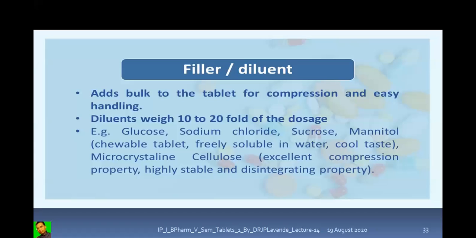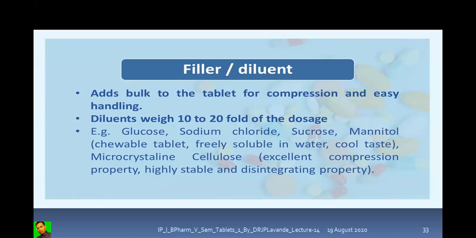So this gap, 100 minus 1 milligram of API, that is 99 milligrams, is going to be filled with the help of the filler. At the same time, they act as a diluent. They dilute the active pharmaceutical ingredient, which causes the even distribution of the 1 milligram of API throughout the 100 milligram tablet.